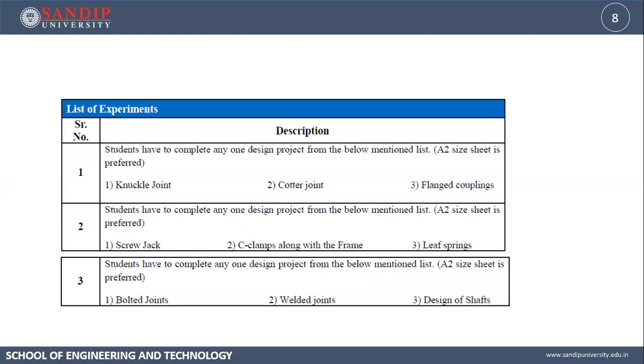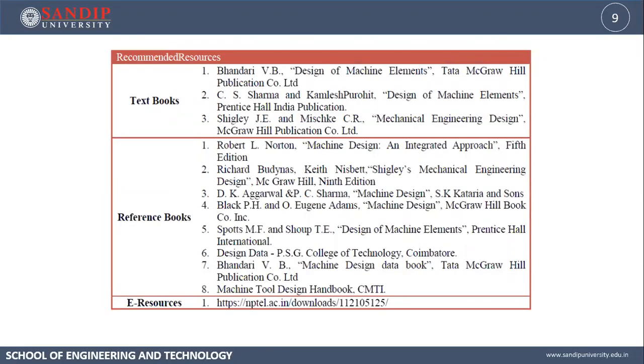So all these things, it is expected that you will be doing in the form of a project. So 3 sheets will be there, and if possible, I will be giving you one mini project, and based on this mini project, your evaluation for 50 marks term work will be taken. Then these are the textbooks available which you can use. There are many books, so we recommend V.B. Bhandari, Design of Machine Elements from Tata McGraw-Hill publication. Then C.S. Sharma and Purohit,